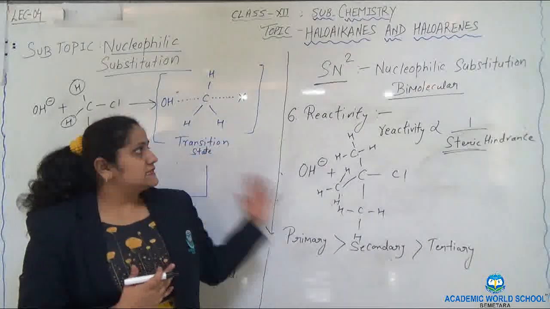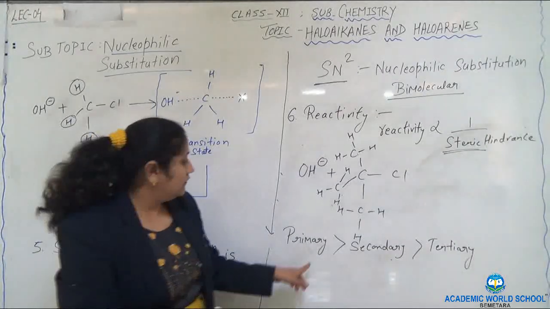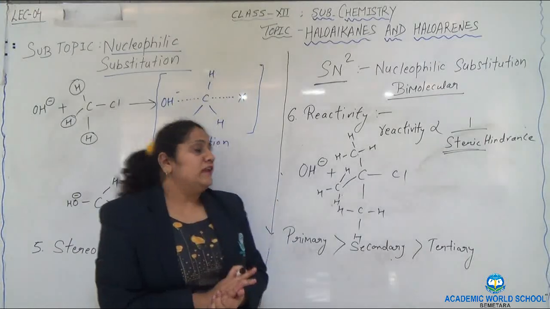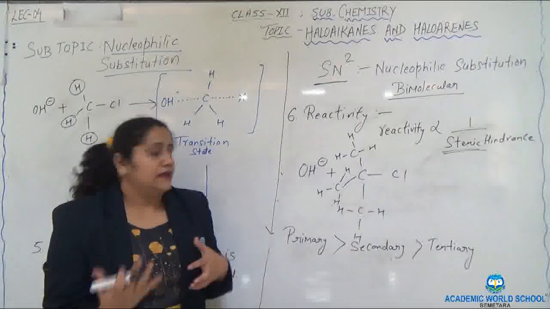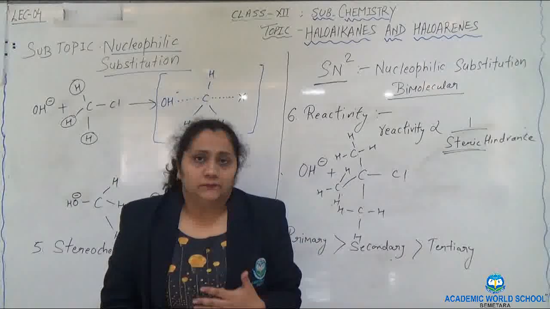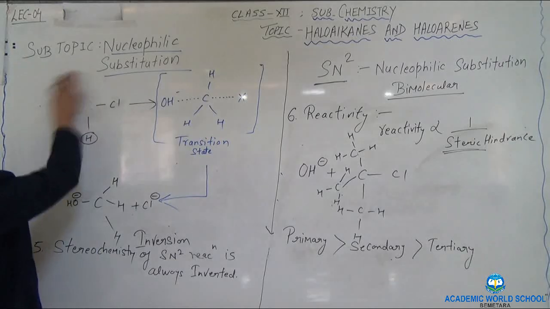So this is our sixth characteristic of SN2 reaction. The reactivity is always primary, then secondary, then tertiary. But what will happen if I change the halogen? Here I am taking only chlorine. But what about fluorine, bromine, iodine? So the seventh characteristic of the reaction